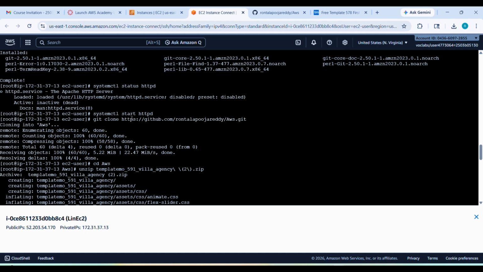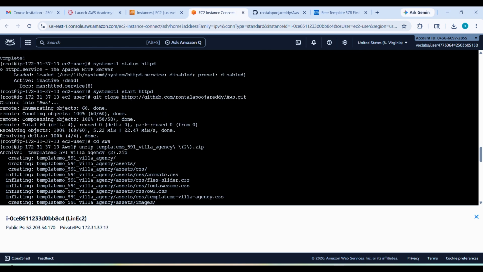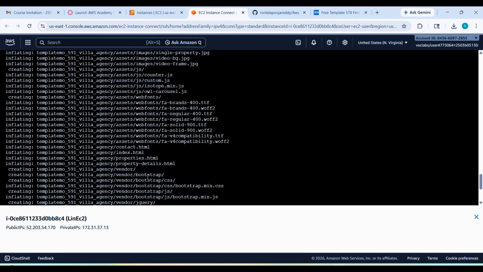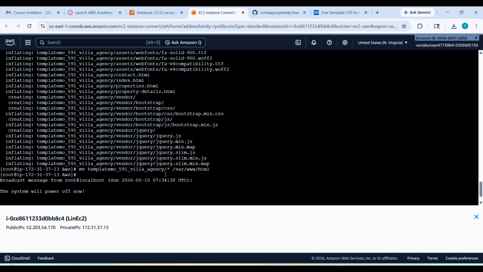It is inactive, so we have started it, and afterwards we have cloned the repository. Then we selected the repository in GitHub, and we have taken the zip folder, and after that we moved the template,